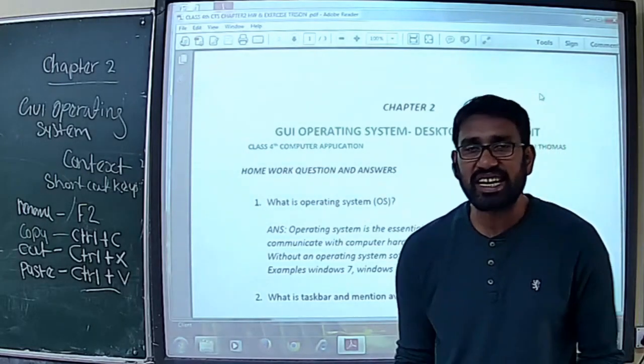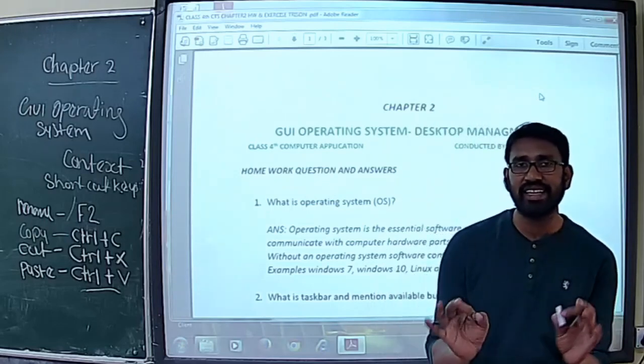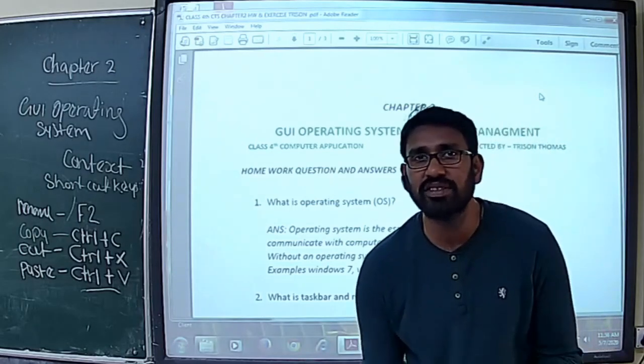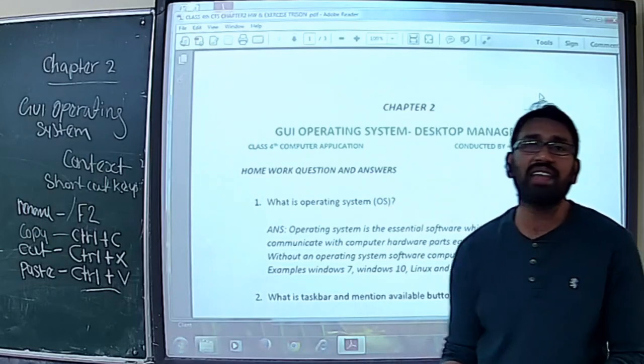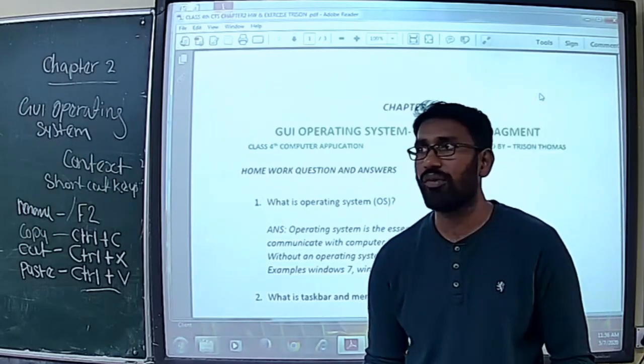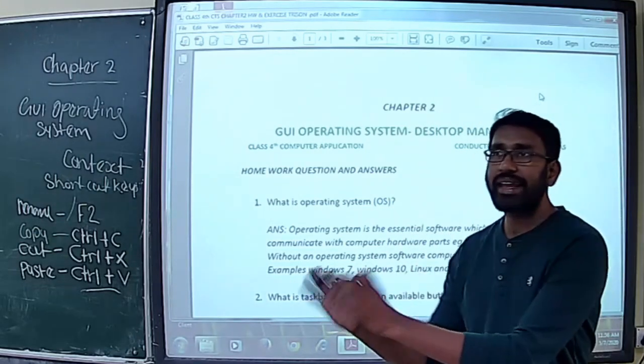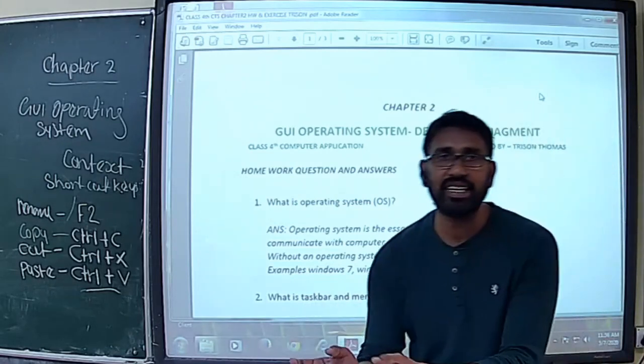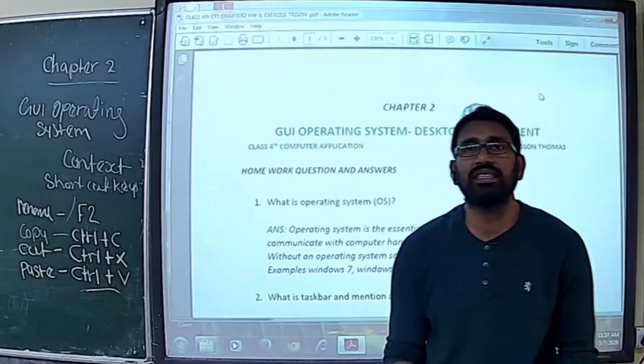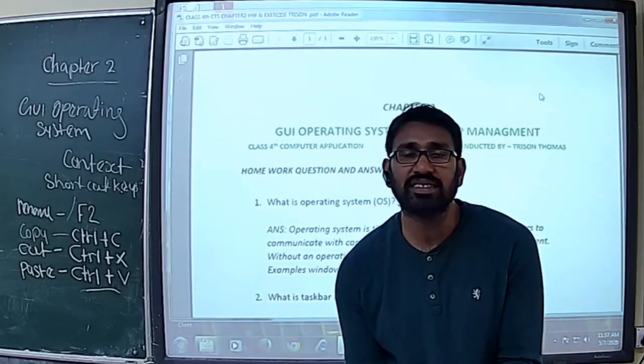Operating system is the essential software, the key software which helps the users to interact with the hardware parts. For example, you are connecting a mouse, keyboard, printer, scanner. Without an operating system, you could not access or use it.